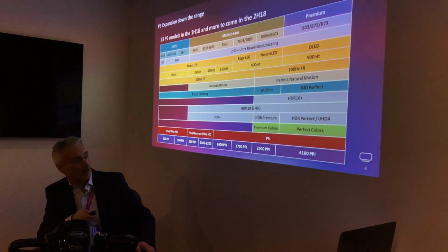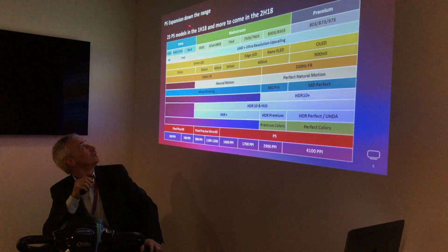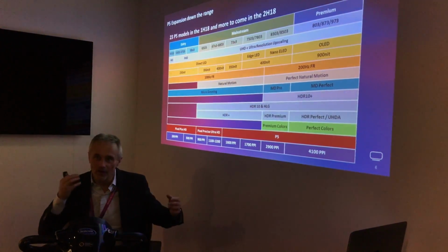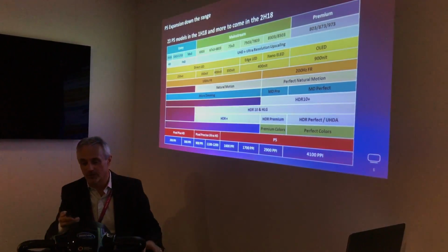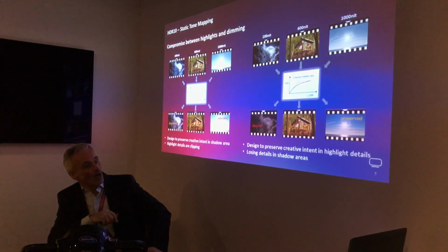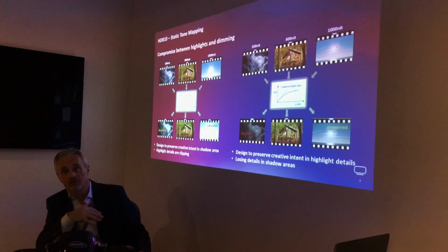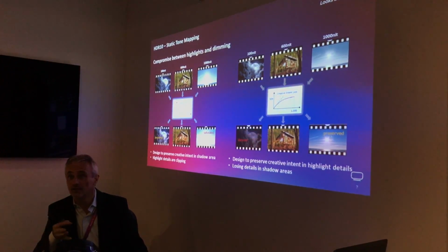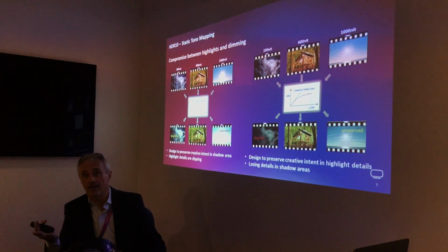But yeah, please remember P5 down into the range to 23 models, which is giving the best picture quality you can have in the market, now very deep into the range. HDR10+, before that, okay, HDR10, yes, great innovation, further enhances your contrast, your colors, but yeah, it has also